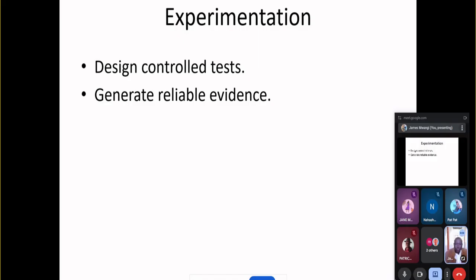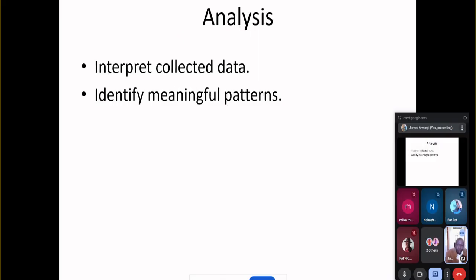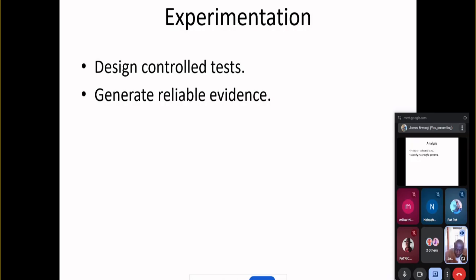Those tests, you have those variables and values that you get. Those form the reliable evidence. And reliable evidence means that now you can generate a conclusion. So you look at that data, which is reliable,